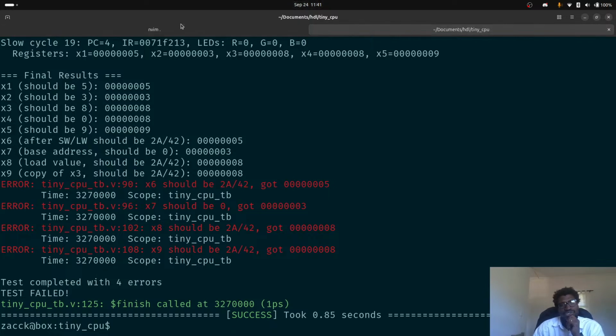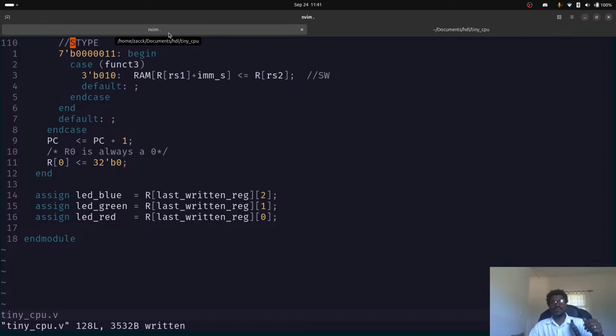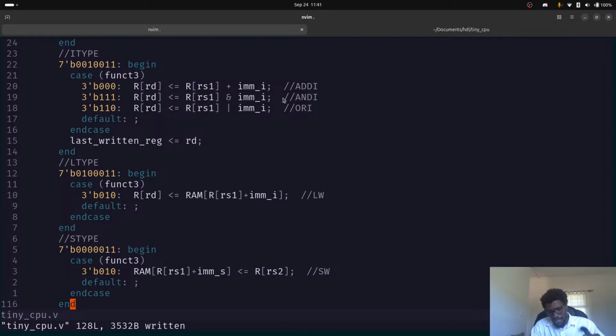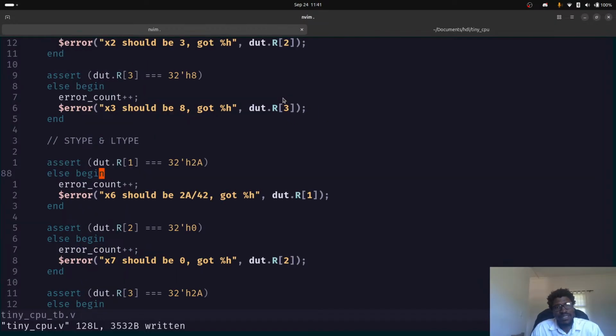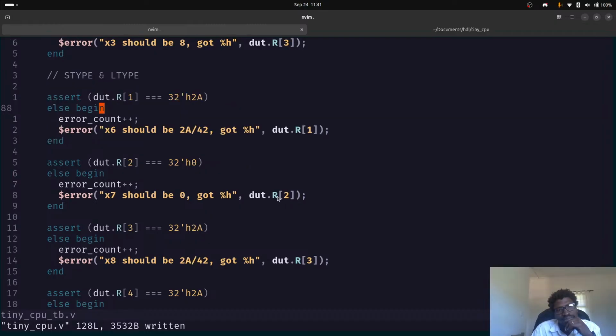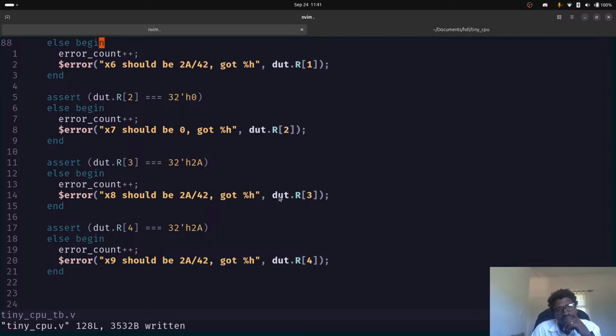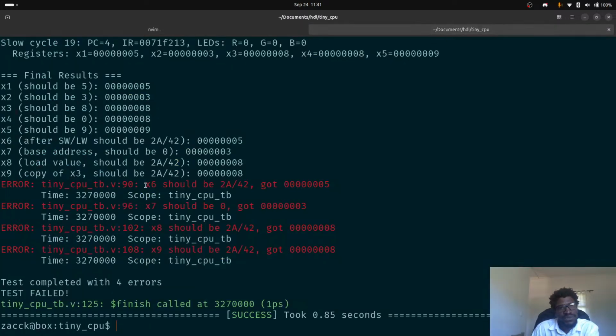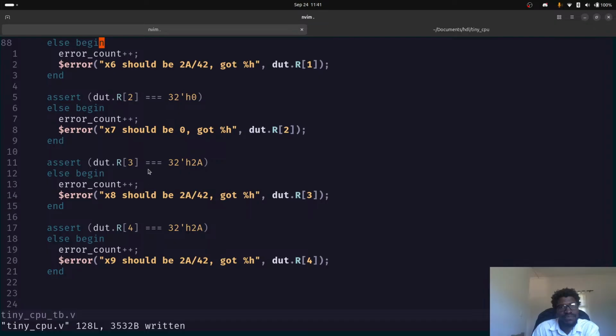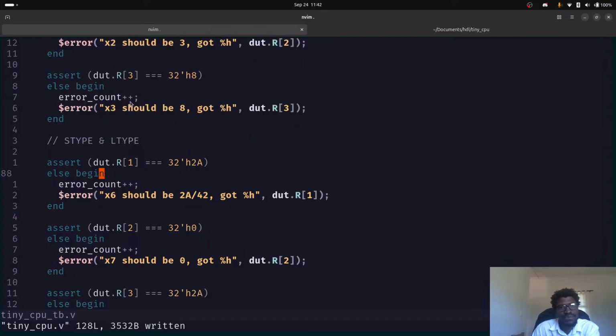This has changed, but it's not where we want it to be. So let's go back and look at our code. Perhaps, actually, before we do that, let's look at this. Which one is facing, X6, X7, X9? Okay, cool. But this should be X1s. This is sort of what I was